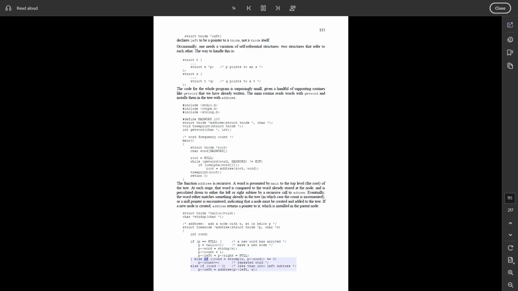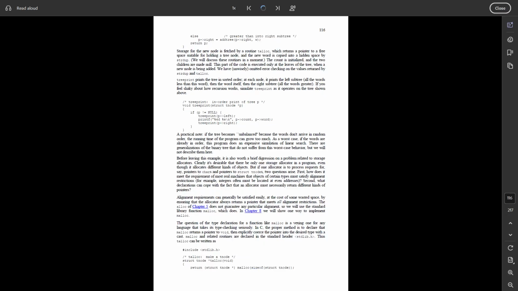NULL; } else if ((cond = strcmp(w, p->word)) == 0) p->count++; /* repeated word */ else if (cond < 0) /* less than into left subtree */ p->left = addtree(p->left, w); else /* greater than into right subtree */ p->right = addtree(p->right, w); return p; }